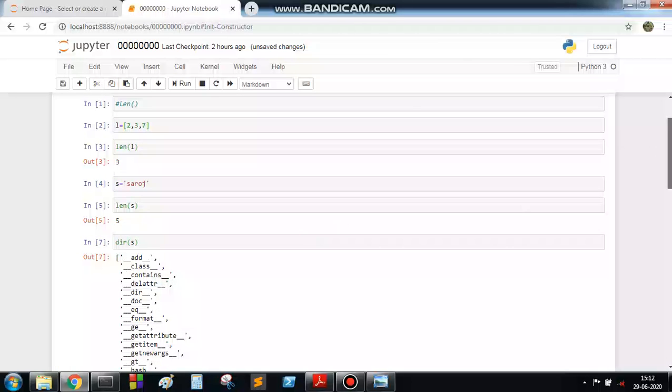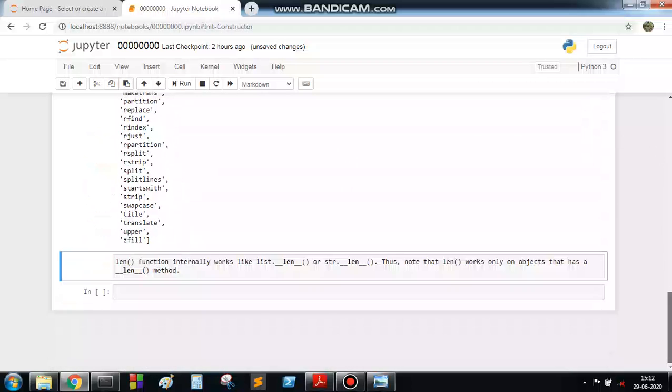So the len function internally works like this: list dot double underscore len double underscore function, or str dot double underscore len double underscore. The length function internally works this way.